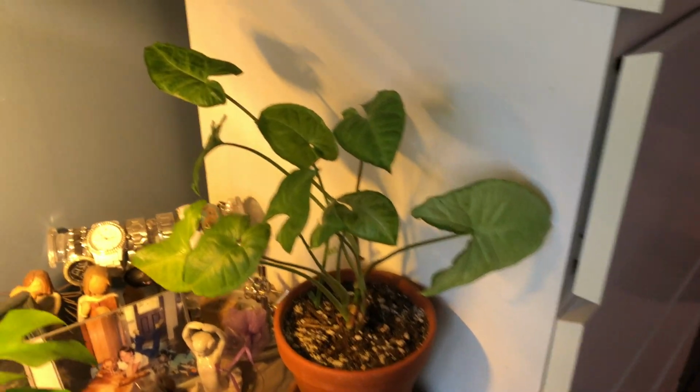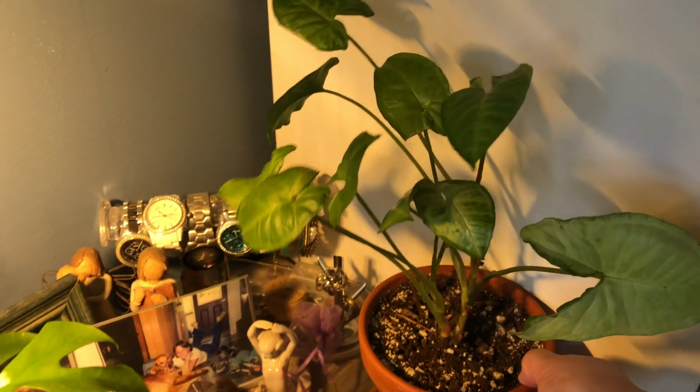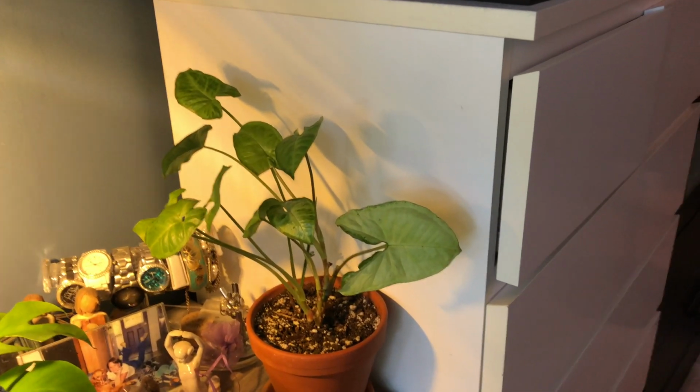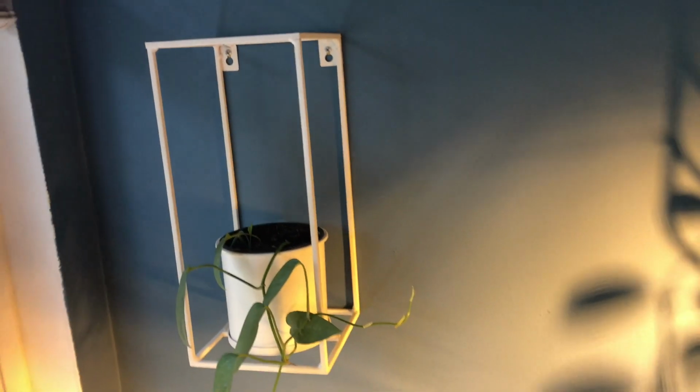And I've had a whole bunch of the old growth die. Not sure what's going on. It did have thrips a while ago, and I've treated that. They seem to be gone now, but there's still, I don't know. We'll see what happens. And then over here on this little planter guy, we have a Cebu Blue,